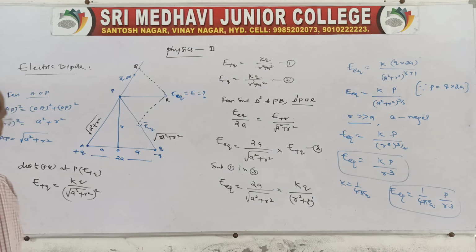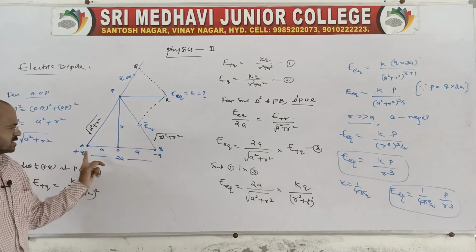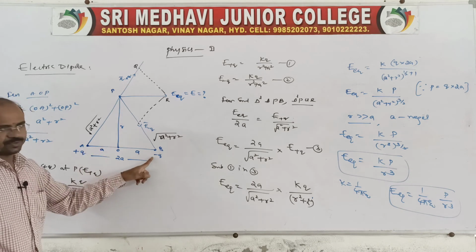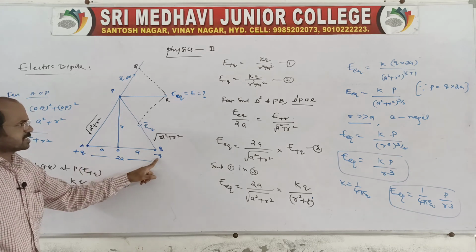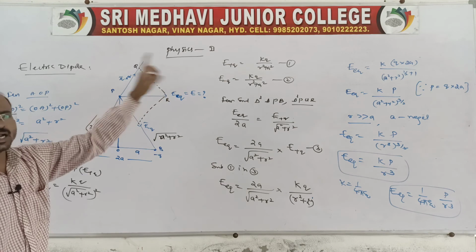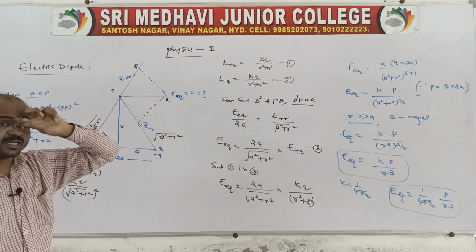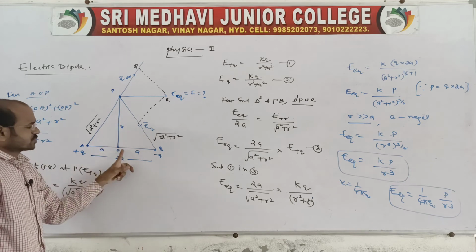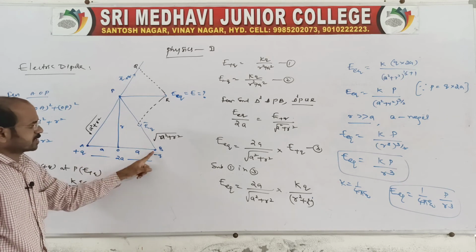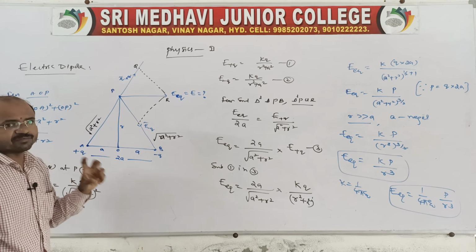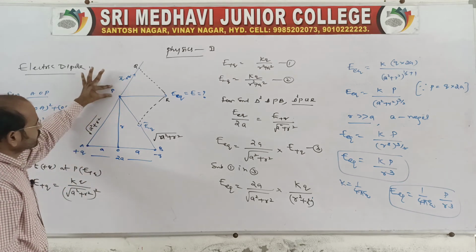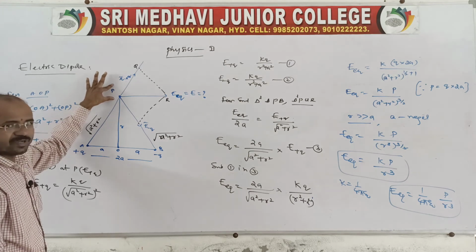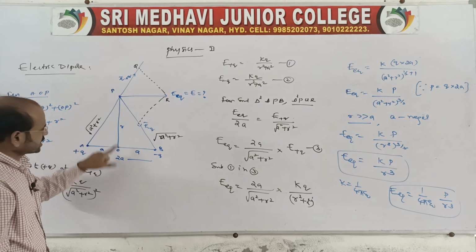Once again, look here. Actually, due to two charges separated by a small distance 2A, that is plus Q and minus Q, the field intensities will be like this. It is asking to find the electrical field intensity on the equatorial line, which is a straight line passing through the center of the two charges and perpendicular to its length. So at a point P, find the electrical field intensity, where the distance from the center is R.